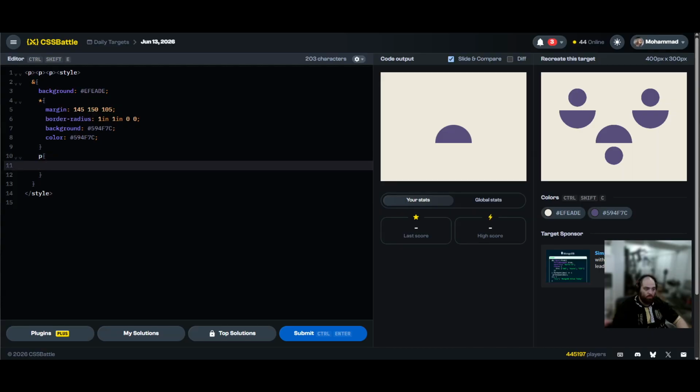And then here we'll do... I'm just trying to think, maybe is there another approach that makes more sense? At this rate, I think the conic gradients might actually be the shortest solution. So,